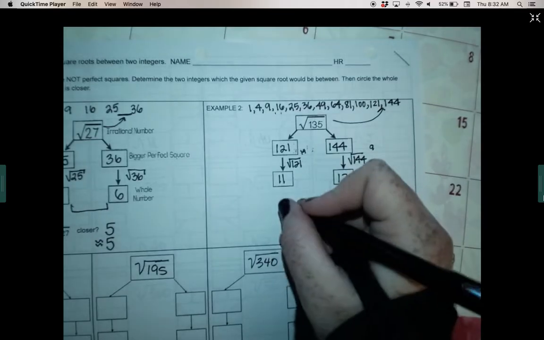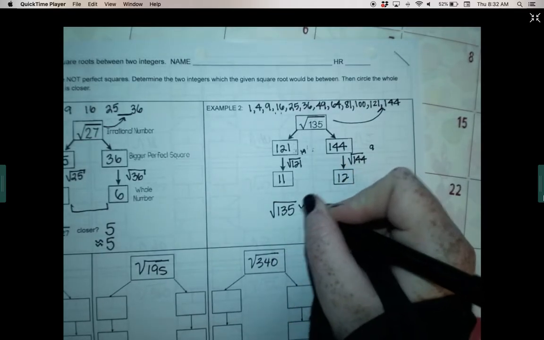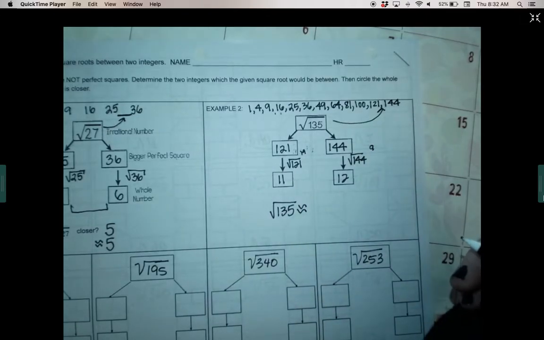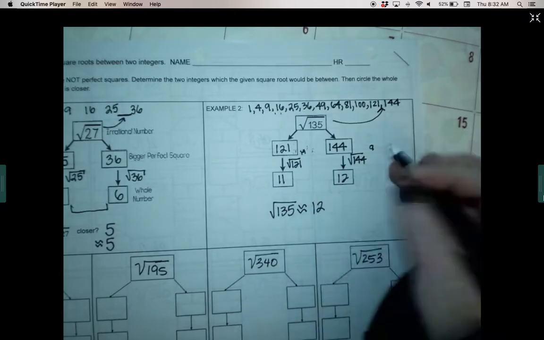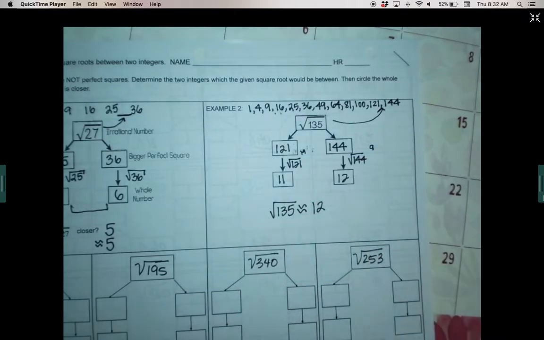So the square root of 135 is approximately what? 12, because it's closer to this side. It's probably not super duper close. It's probably like maybe 11.7-ish if I had to make a random guess,